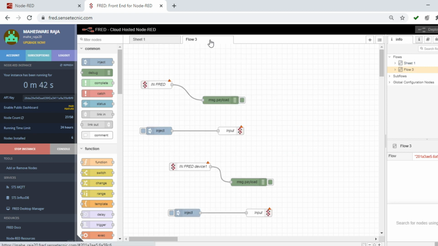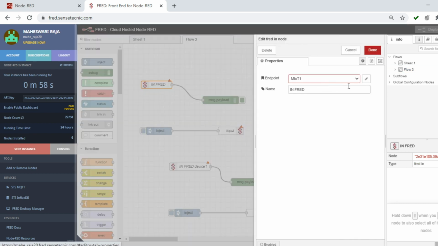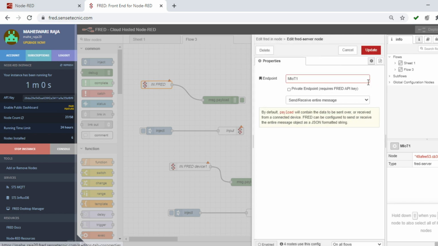So I added a new flow. I just imported the same code here. Same thing, I have just included fred in and fred out. So here also I configured, it is MIOT, same thing.